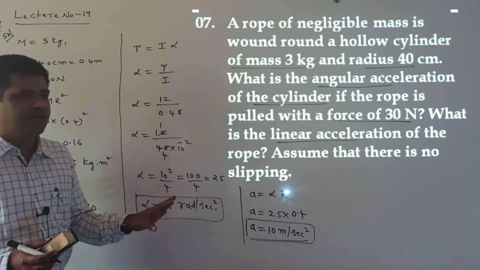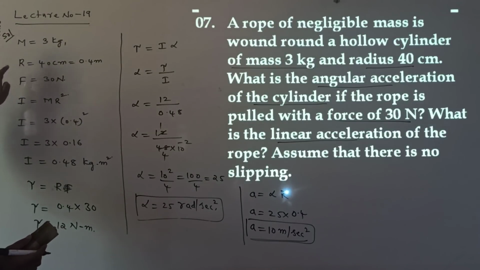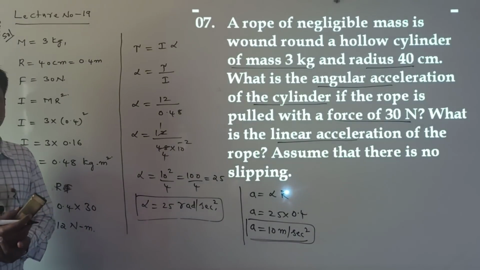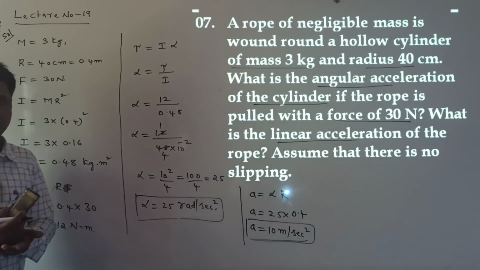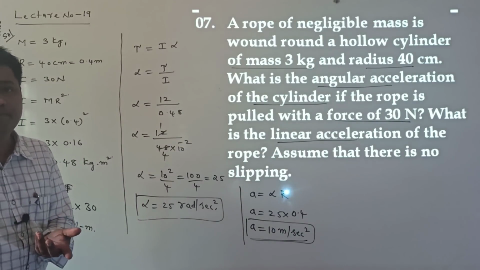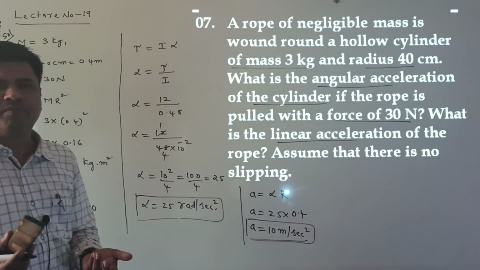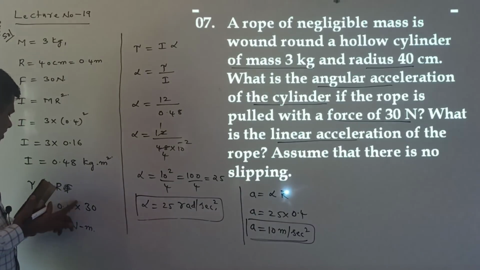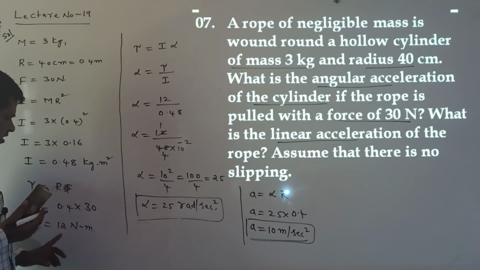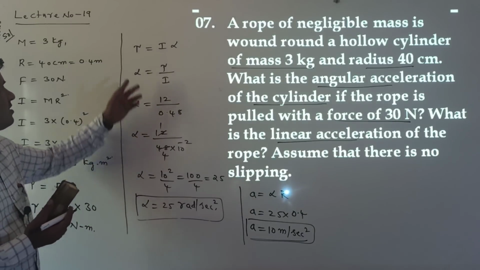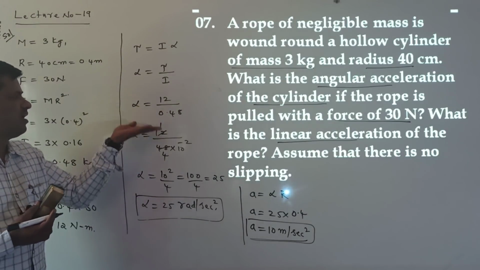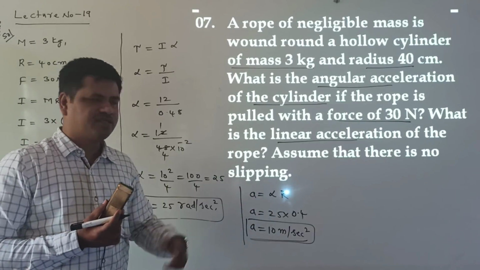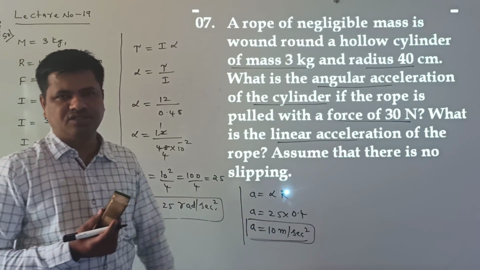Generally, first, what is given here? Force, mass and radius are given, so first find the moment of inertia. Then find the torque. Torque in magnitude form is R into F; the general formula is R cross F, but since the radius vector and force are perpendicular, I consider RF directly. Here R is equal to 0.4 and force is equal to 30. From this torque and the moment of inertia we easily get the angular acceleration. Knowing the angular acceleration, using the relation between linear and angular acceleration, we find the linear acceleration.